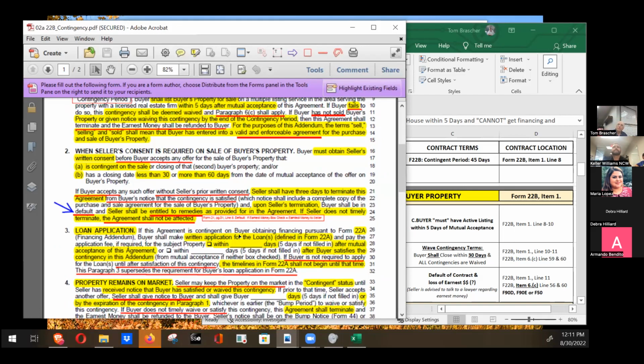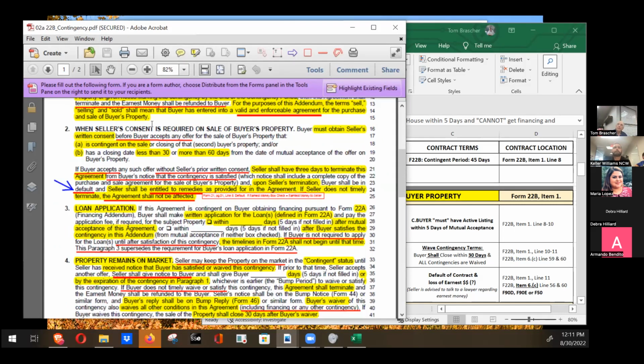So then I go to item 2. So the seller's consent is required on the sale of buyer's property. Oh, really? So the seller goes, oh, wait a minute. Wait a second. I just thought of something. If you're going to sell your house,